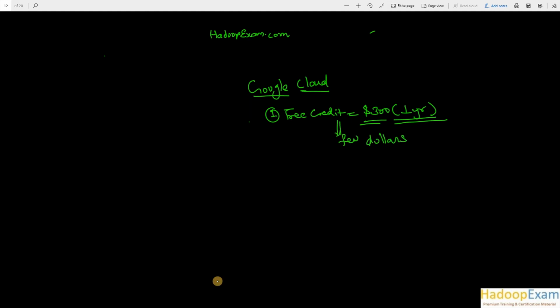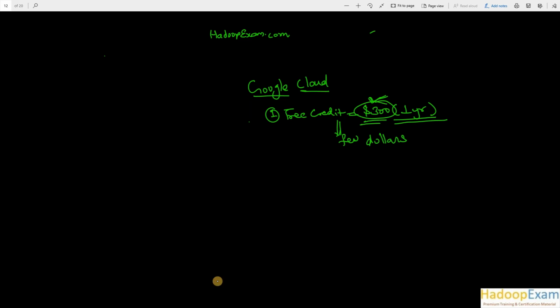Now it's up to you how you consume the resources from the cloud. Whenever you want to use it, switch on the instance which you have set up on Google Cloud and practice, and once you are done, stop that instance, and whenever you want to practice again, initiate that instance again. We have seen that this is not going to cross the limit anyway. So this is a good amount to practice for one certification. Let's start preparing the instance, and you will learn how it works.